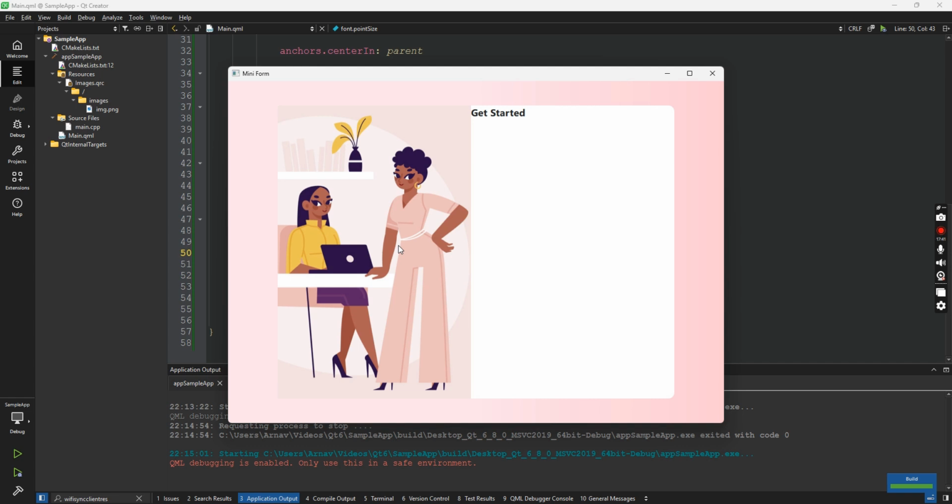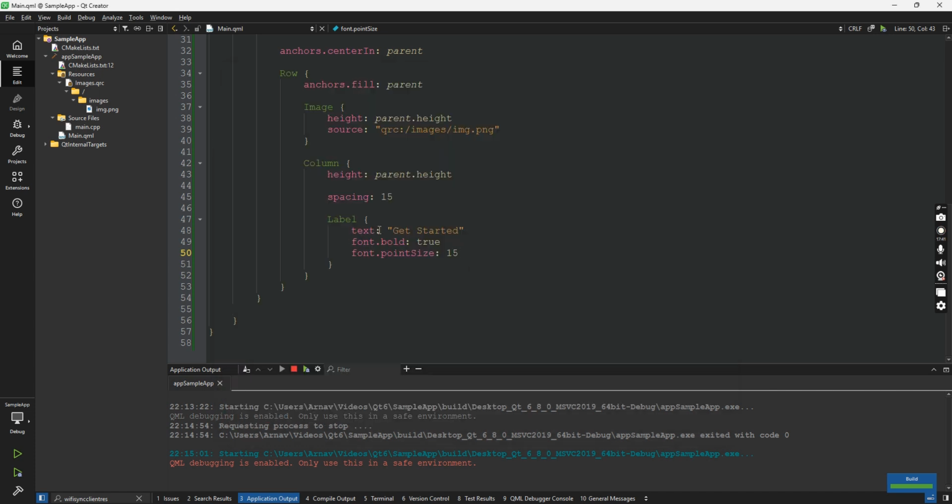Yeah, but as you can see, the text is sticking in the exact top. So to fix that, we have to give some padding, and we have to give some top padding, some left padding, right padding, and bottom padding, right? So let's do that. In the column, we'll be providing some padding. So the default padding will be 15. The top padding,